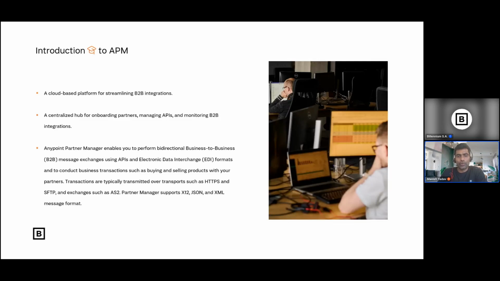It supports X12, which is one type of EDI. We'll talk more about X12 in the next slide. It can accept a purchase order in JSON format, XML format, or EDIFACT format. There are 300 EDI formats, but currently MuleSoft's APM supports X12, EDIFACT, JSON, XML, and CSV.